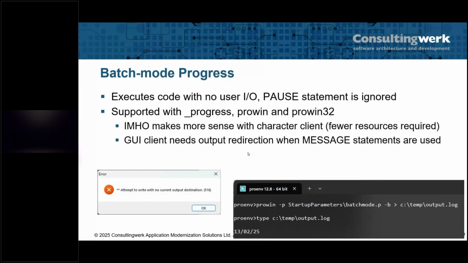Then another way of running Progress code, not applications for users typically, is batch mode. Batch mode restricts the Progress client so that basically there's no user I/O there. Things like the PAUSE statement are silently ignored. You can use batch mode with the character client, but also with the Windows clients. I think in most cases it makes so much more sense to run batch mode with the character client